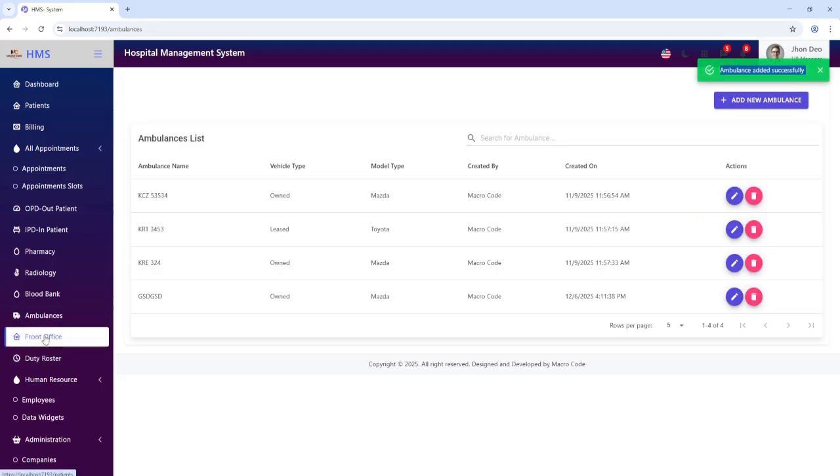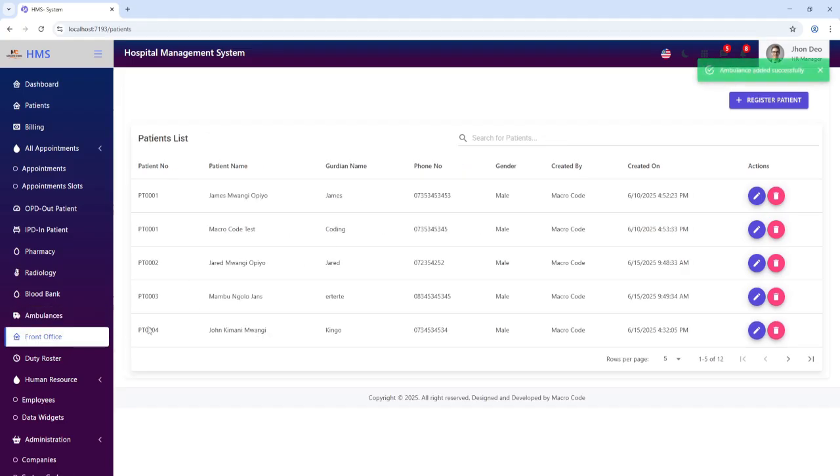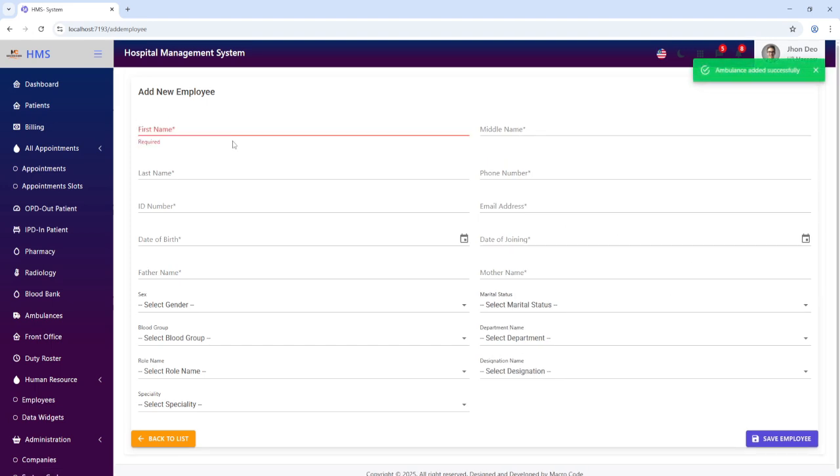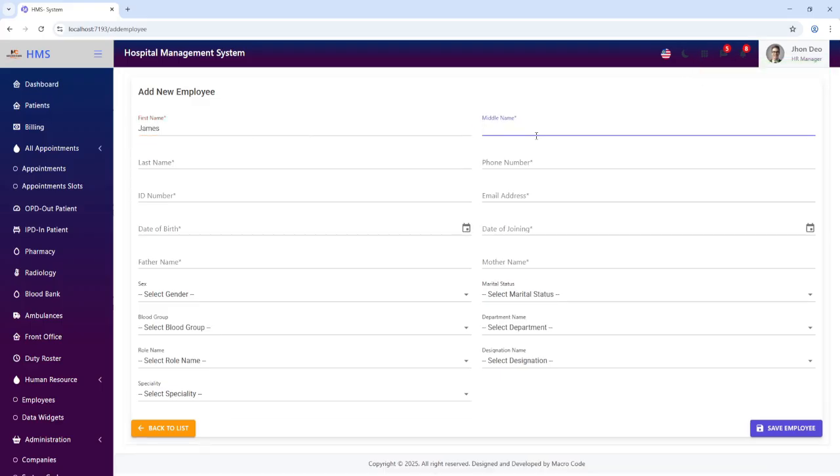Then you also have our front office. We've not done anything there. Duty roster, then employees. We were able to add employees. You can see here we have our employees list. You can say here James Mwaka Ryuki. Then you have our phone number here, ID number, email address,